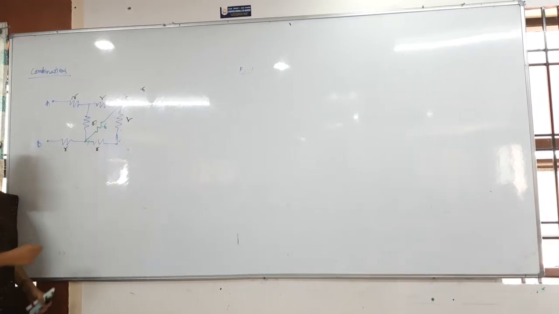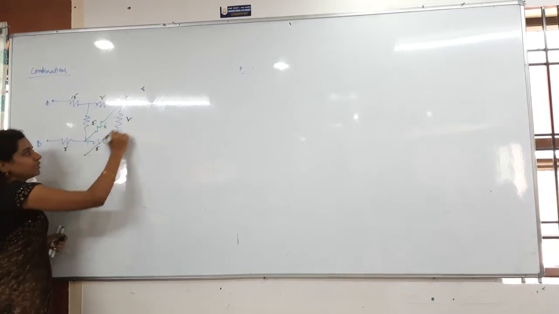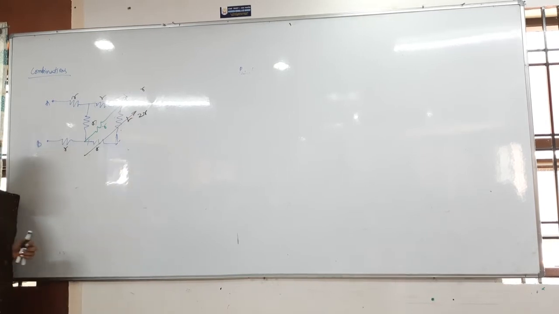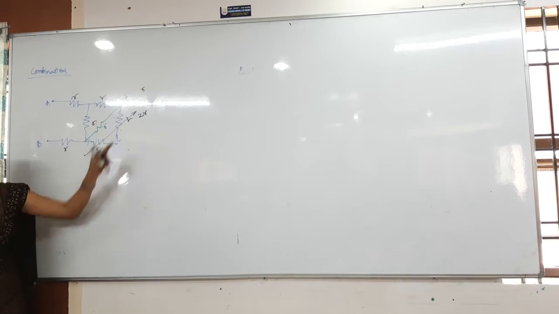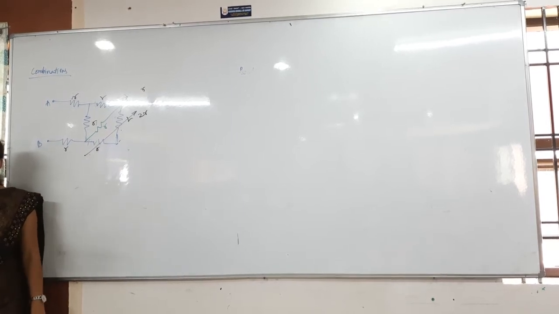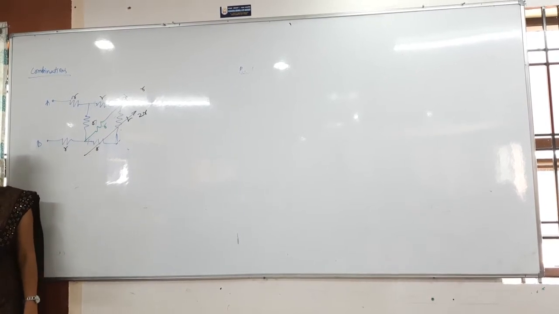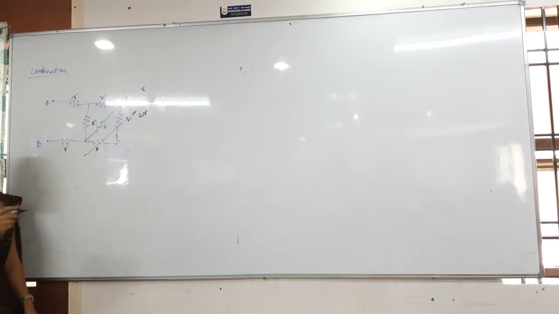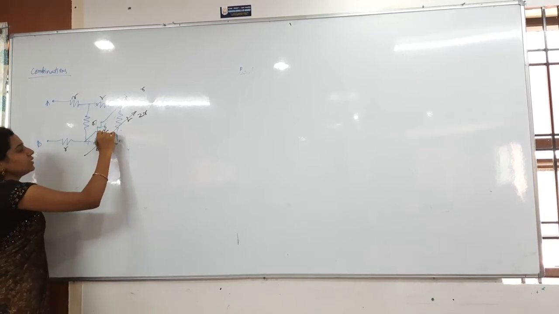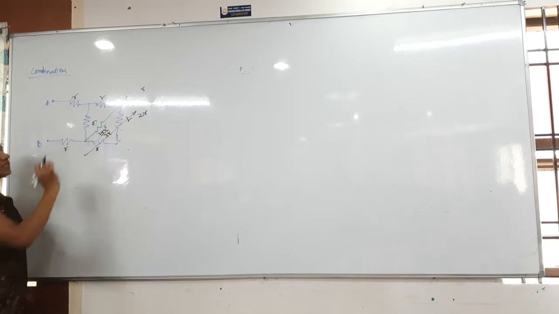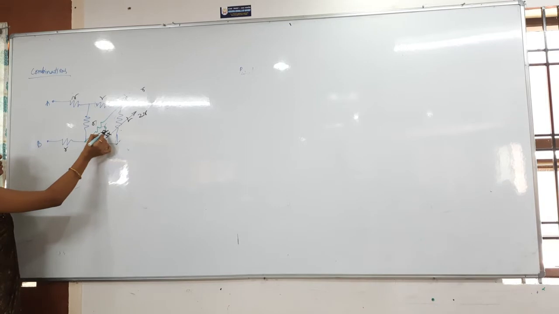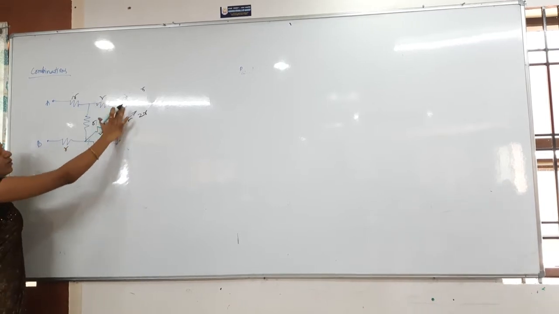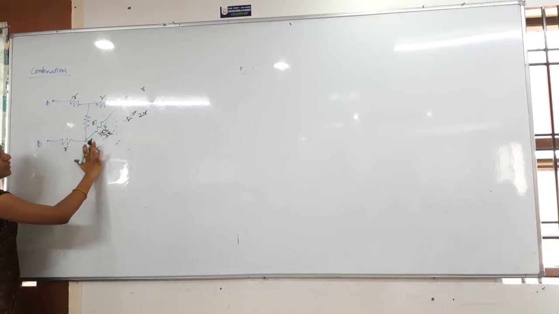This R and R, how much is it? Which combination? Series combination. 2R this one. Now this line is exactly parallel to this one. R and 2R in parallel combination. How much will it be? 2R square by 2R plus R, nothing but 2R square by 3R. R gets cancelled. So what is that? 2R by 3. Now the circuit is becoming 2R by 3 here, and then this is R. Now this is gone. Entirely everything is gone here.